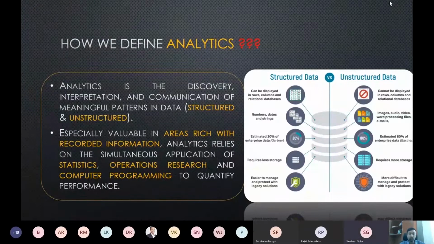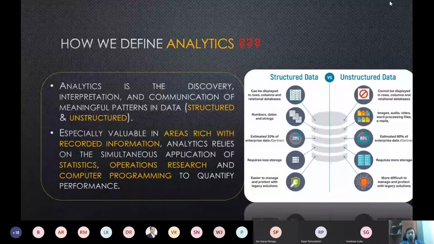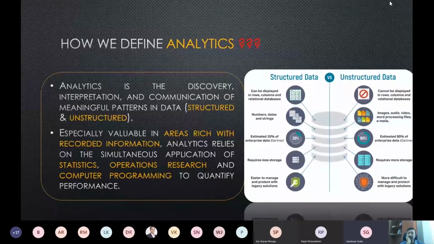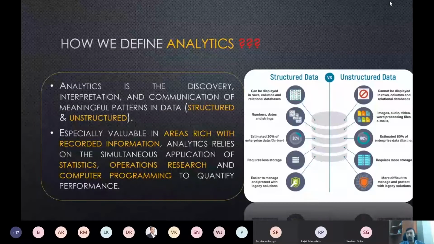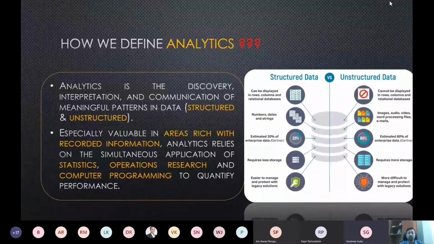Data is, we know, the oil of the current digital economy. That's very important. So analytics can be applied where we have availability of rich recorded information. I think this is a must to remember. In order to apply analytics, we should have access to data. That's why we encourage to keep data, keep records, and always go for reporting for transparency purposes. Without data, we can't implement analytics tools. And as we know, what we can't measure, we can't improve, right? So that is the basic fundamental thing.